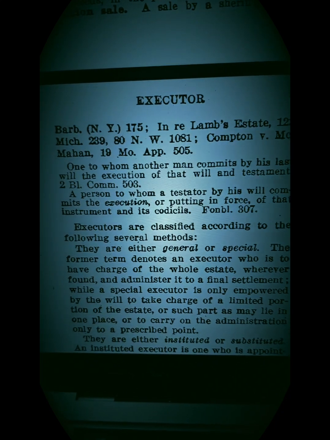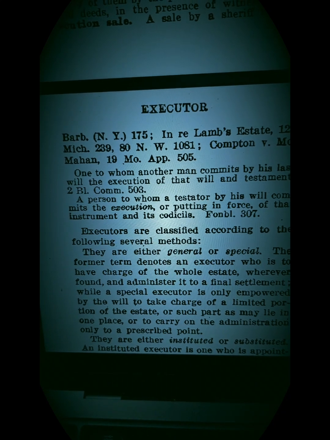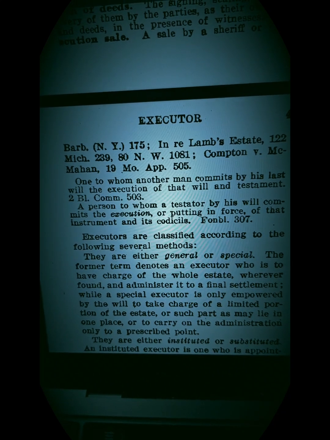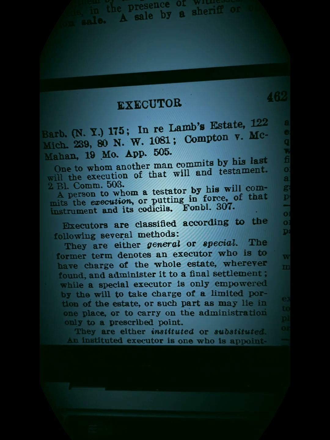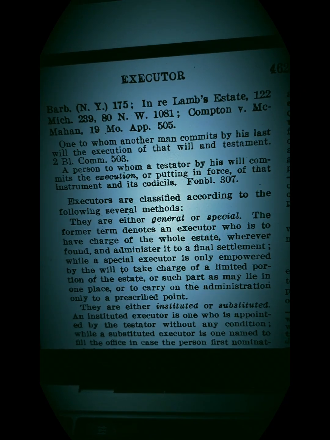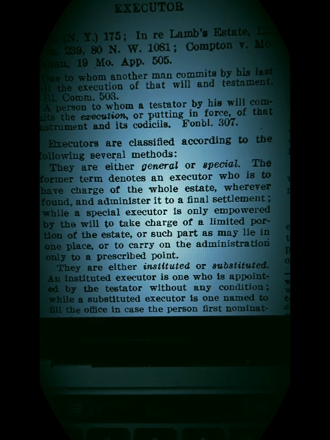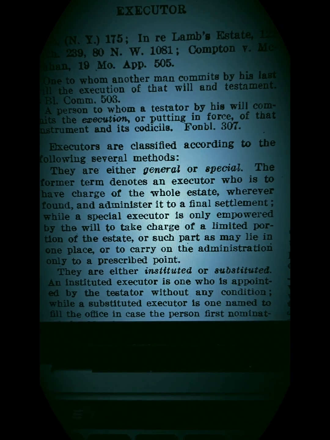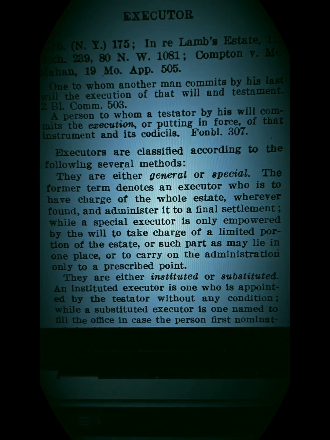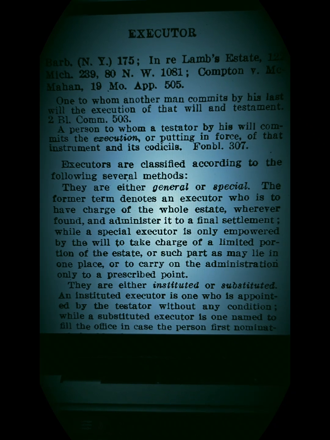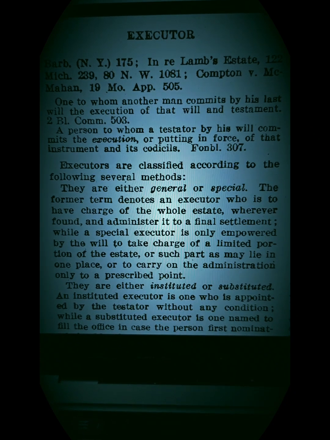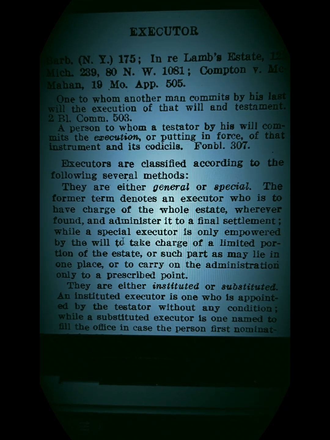Executors are classified according to the following methods: general and special. The former term denotes an executor who is to have charge of the whole estate, wherever found, and administer it to its final settlement. That's the general executor, so just a regular executor.